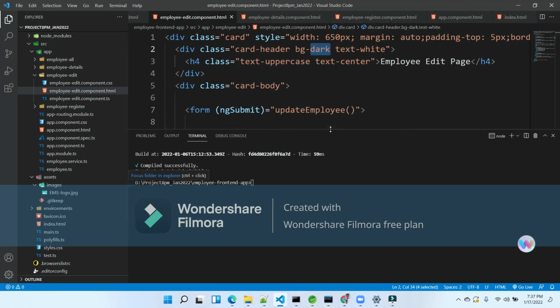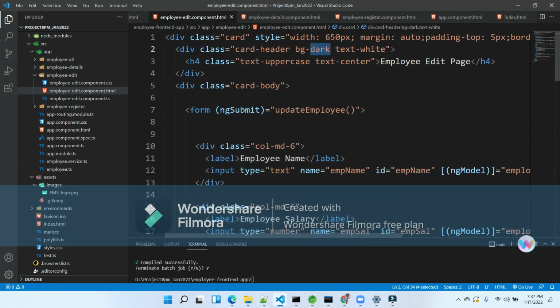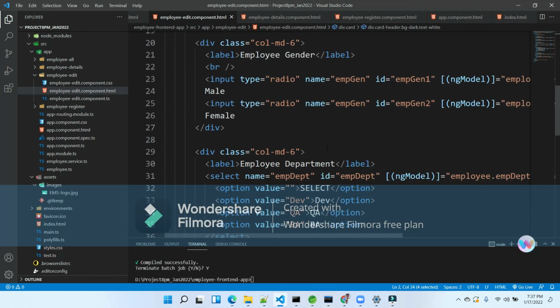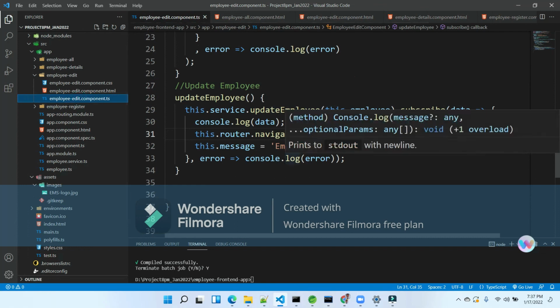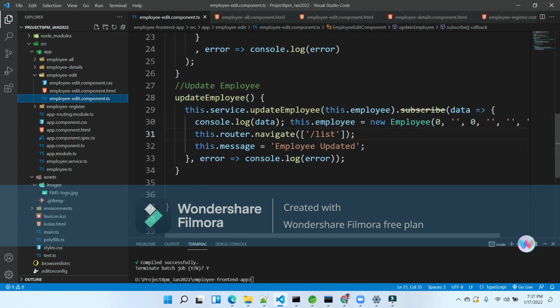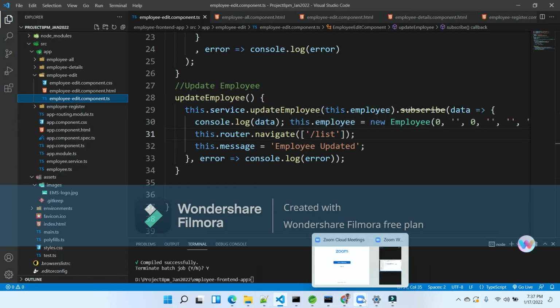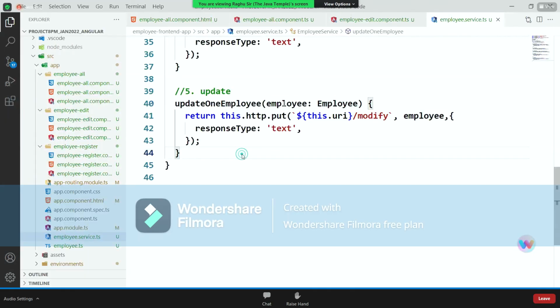Create every time creates a new table. That will not. Service class. We forgot to pass the employee object. It's a mistake.